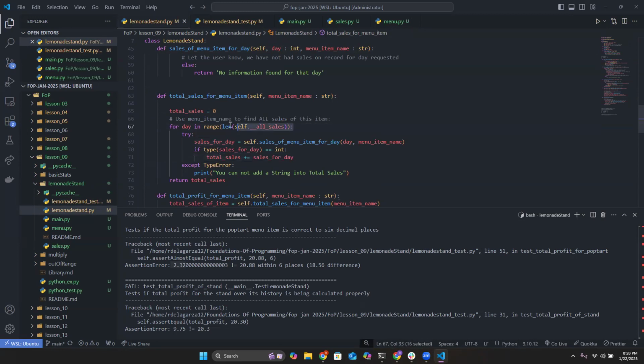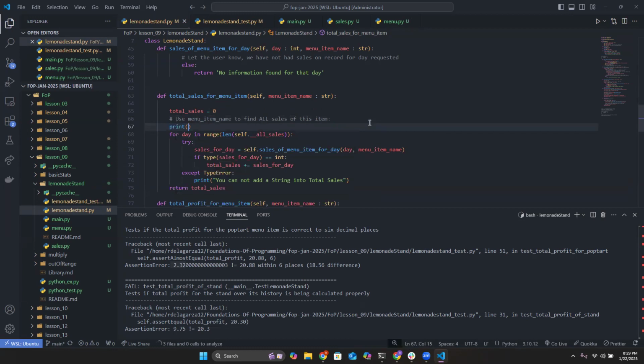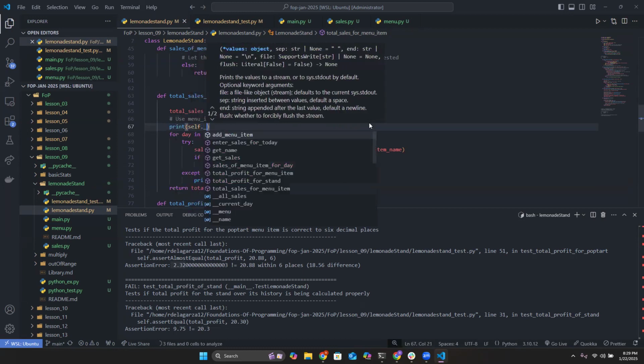Right? We're looping through in the range of, but something's happening here where it's only grabbing the first day and adding that, and then it's not doing the rest. Is it possibly that the other days aren't being added correctly to all sales? Which I don't think would make sense because it added day 0 fine. So I don't know why it would stop after that, but that was my other thought. I don't think it's necessarily true, but